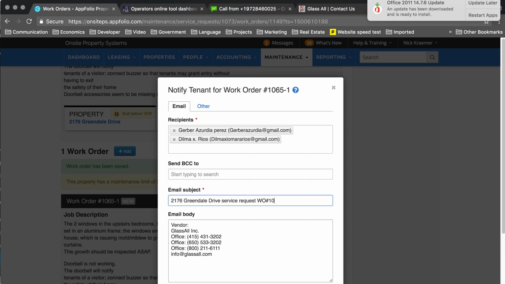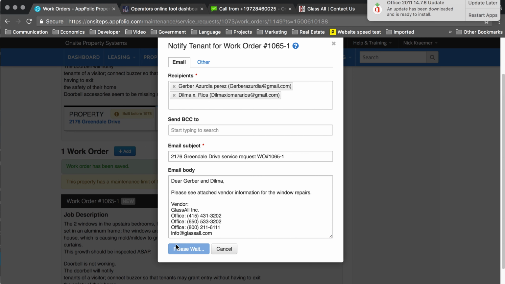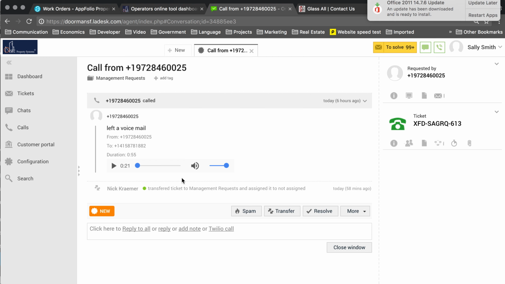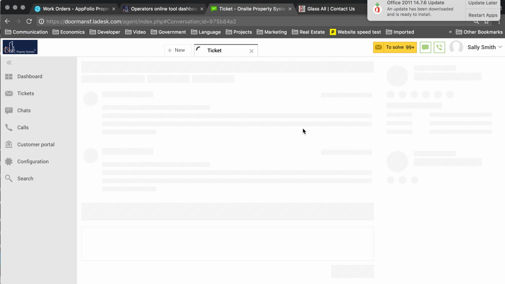work order number 1065. For whatever reason, it doesn't put it in the subject, but here, and you can see the tenant's names up here. Right? I don't know everybody. I just kind of take it from where it is. Caregiver and Doma. Please see attached vendor information for the window repairs. Boom. All right, and it automatically puts that stuff in there. Send. Okay. So this one is done,